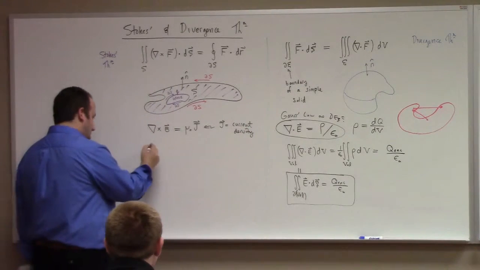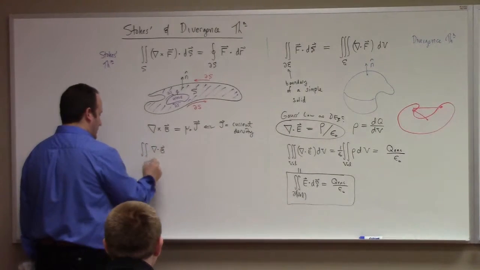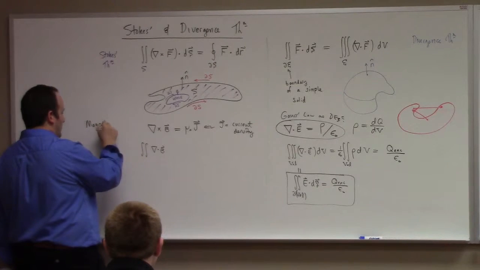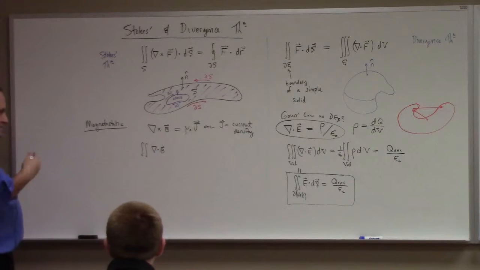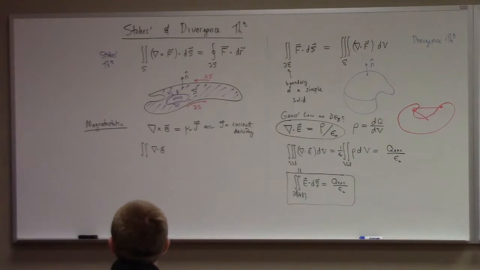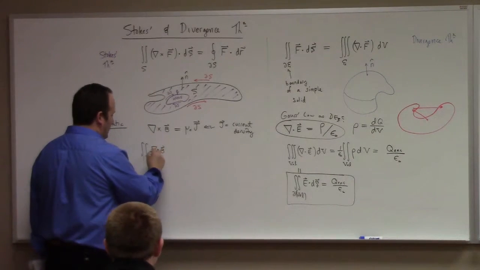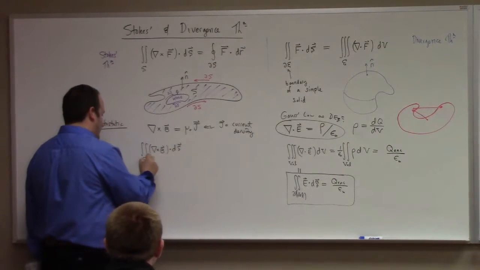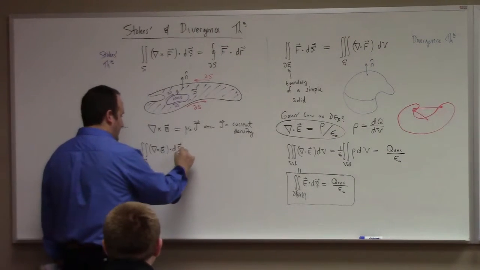So if you integrate the curl of B, and I'm thinking of the so-called magnetostatic case, which means that the currents involved are steady currents, like a DC circuit, then the flux of the curl of B along some surface will be equal to,